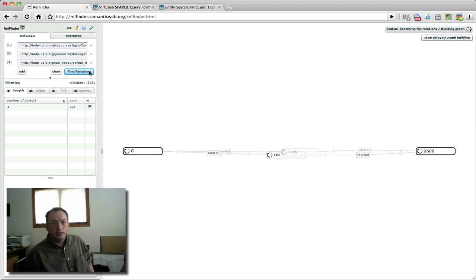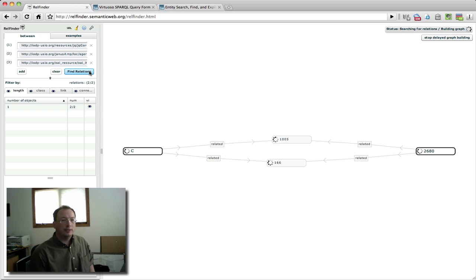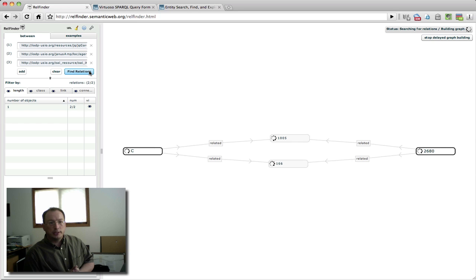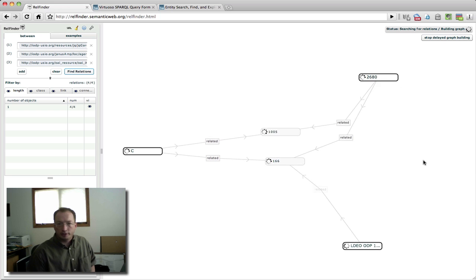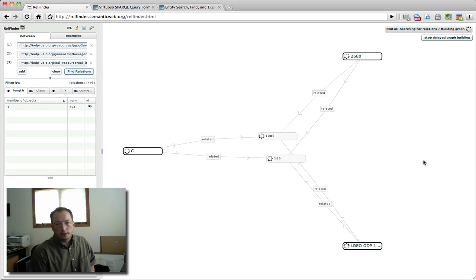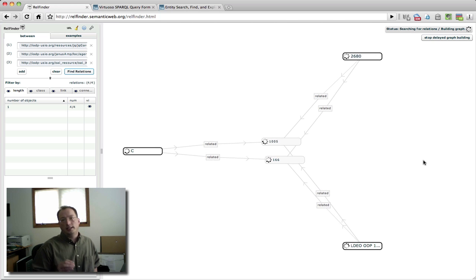This is a very rough first pass at this data, so a lot of the naming is kind of ambiguous here. The C that you see here, I believe, is coming from the age model. This one, I believe, is coming from the Janus database, and a third one will pop in here probably at some point right here. Here's one from the Lamont Doherty Cetus Phase 1 components. What we're seeing then is the relationships that are taking place here, and again, this is very early on in the creation of these